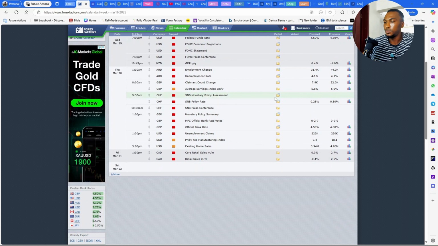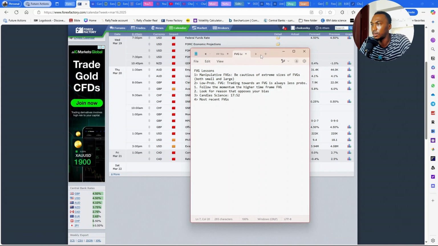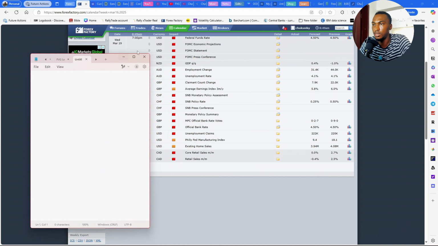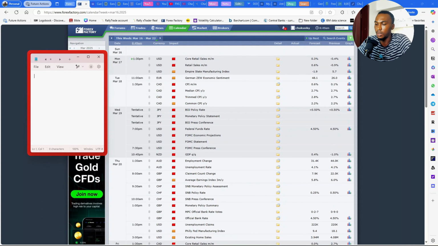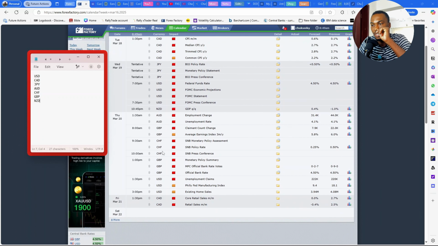All right, so let's do it like this. I'm going to put these itty bitty tiny notes right here. We're going to look at what we have. We have USD, the Canadian dollar, the Japanese yen, USD, Australian dollar, the Swiss franc, and the British pound. Oh, we also have the New Zealand dollar. Basically, we have everything this week. This week is loaded,